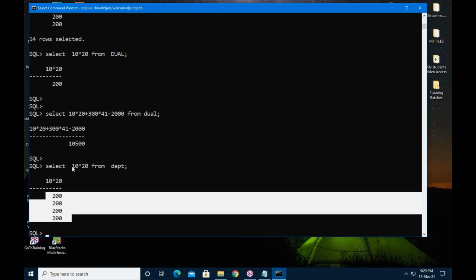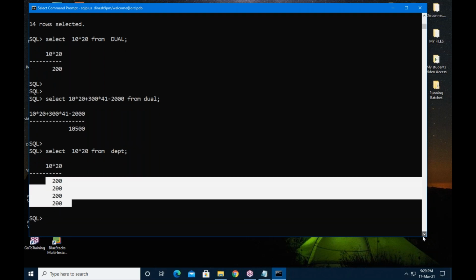Then what we need? We need a table with one record. That's why the table with one record given by Oracle company, that table name is dual. Okay, sir.